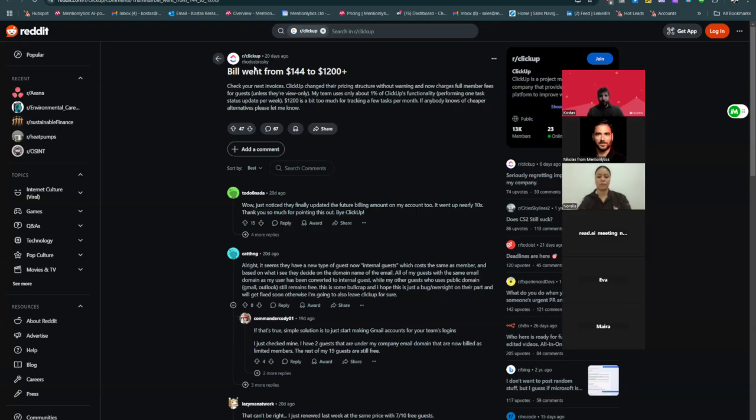You can open the profiles on Reddit if you have an account, and I would highly suggest it. All the users' profiles are here, so you can open their own accounts and chat with them if you have a Reddit account. You can directly message them and let them know, I just noticed that 20 days ago you had this problem. Have you found a solution yet? And then they can say no. And then you can say something like, okay, super if you haven't.